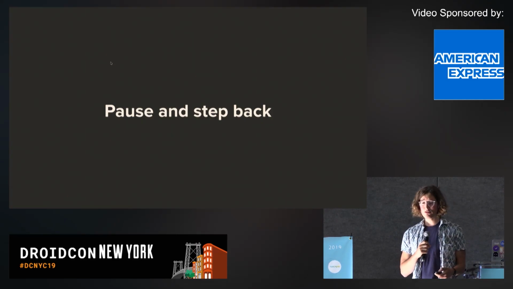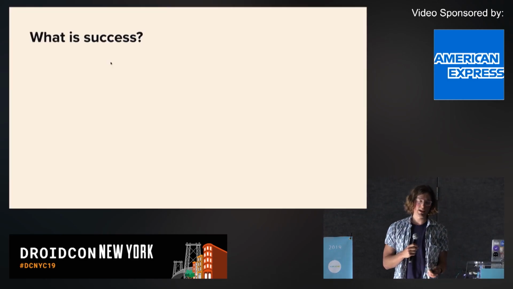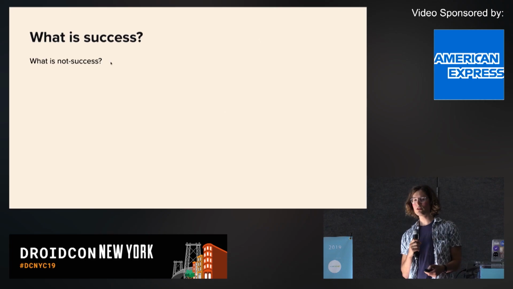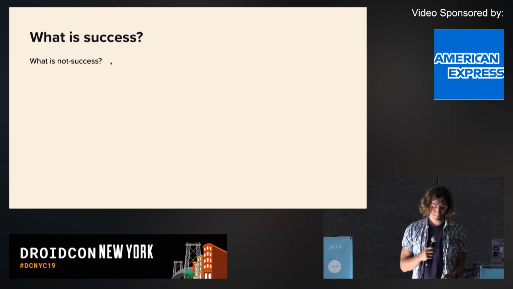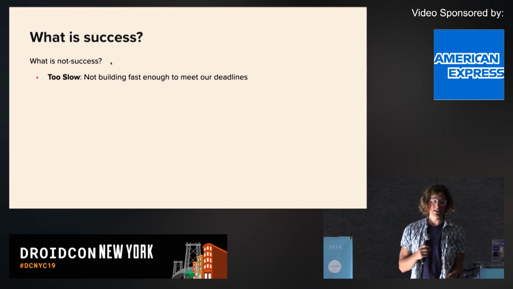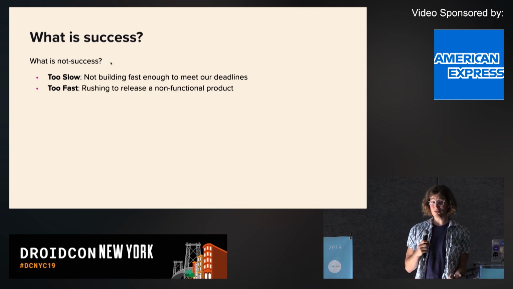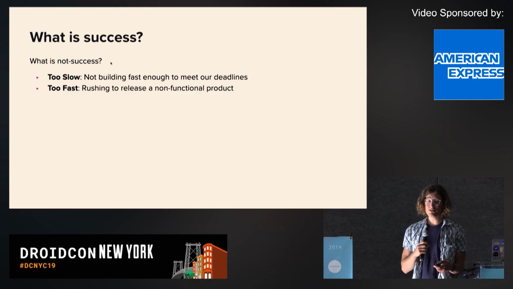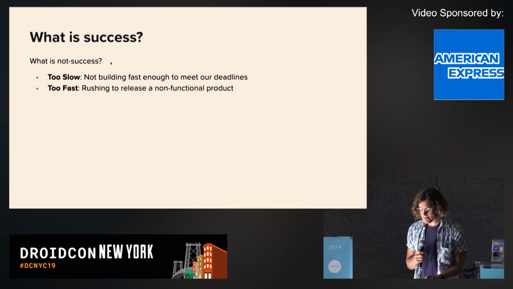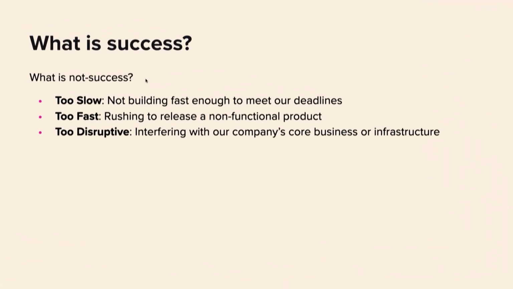And I thought, if I'm going to do this, I need to be really sure of what success even means, and if it's even possible for me to do this. It was kind of hard to figure out what success meant in this case. But I could do a pretty good job of saying what not success would be, because I knew if we moved too slowly, we'd build something and miss the deadline, and that would be a failure, something I didn't want to do. But consequently, if we moved too fast, we risked building something non-functional, releasing it into the wild, and it didn't work. The third danger would be if we built something that disrupted our core business too much.